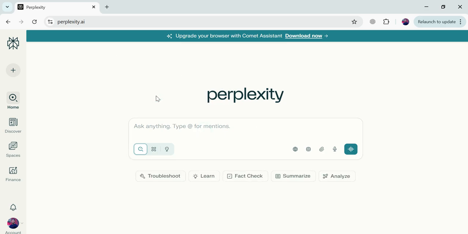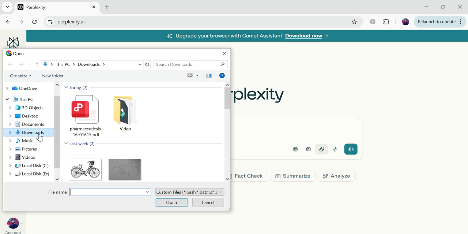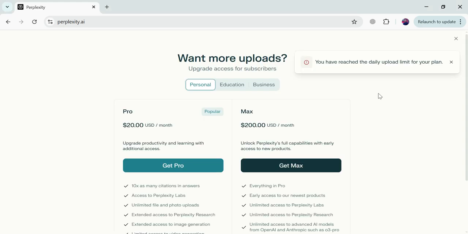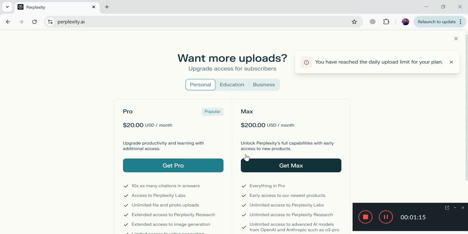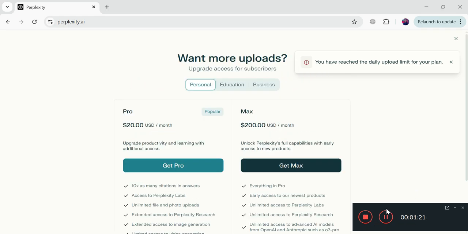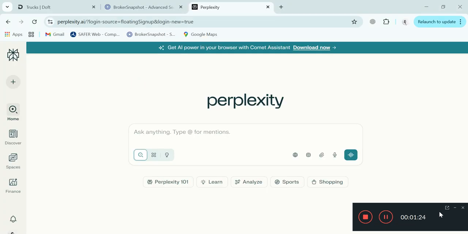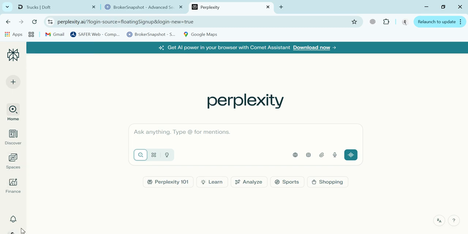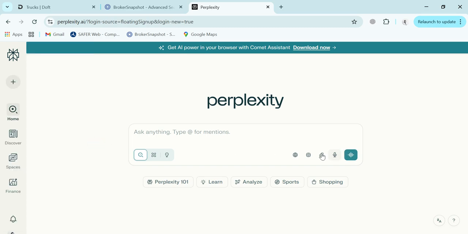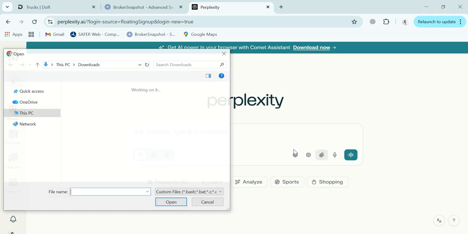Here, like this, you can write your prompt. So let's first of all attach our research paper file. So this is my research paper file on antibiotics. Okay, I think I have already used up all the resources of this free account. So let me check on my other account. Okay, so yes, finally I have logged into my another account. Yes, you can see that this is my another account. Okay, and it's a fresh account. Let's upload the file again,